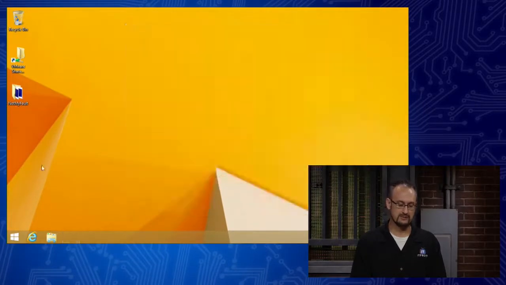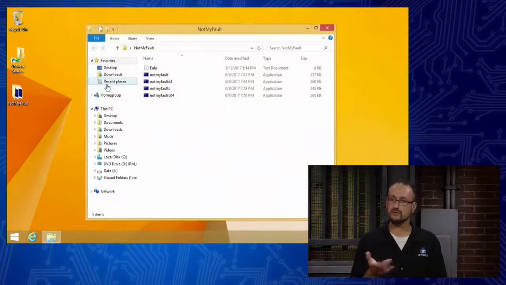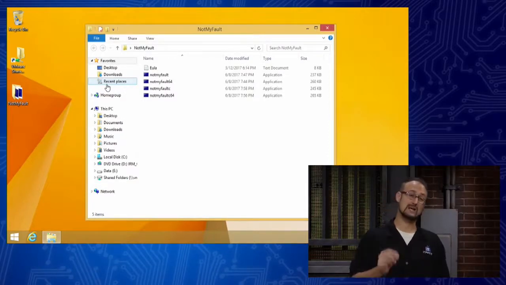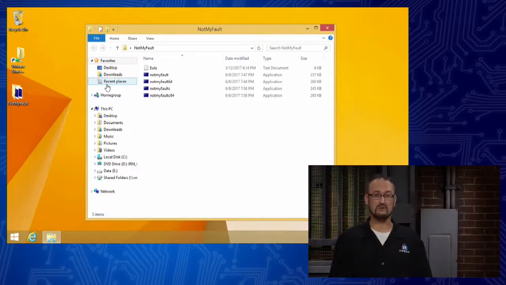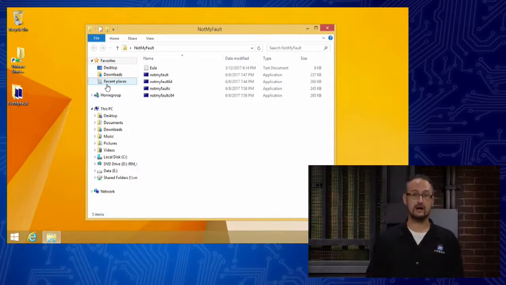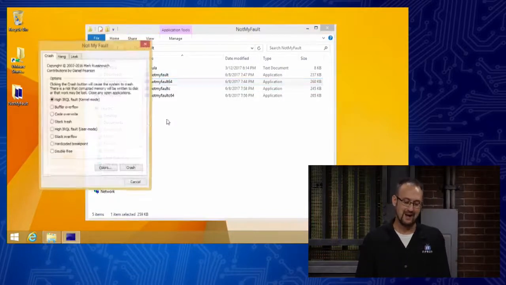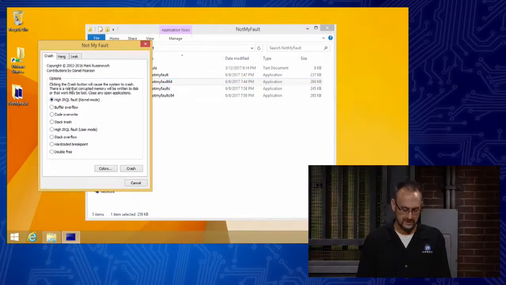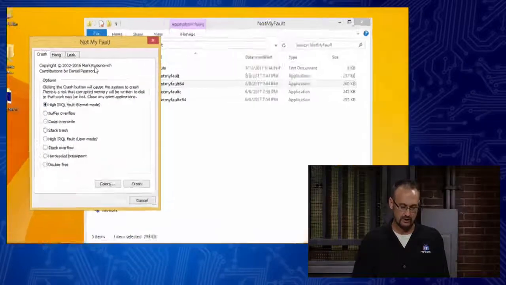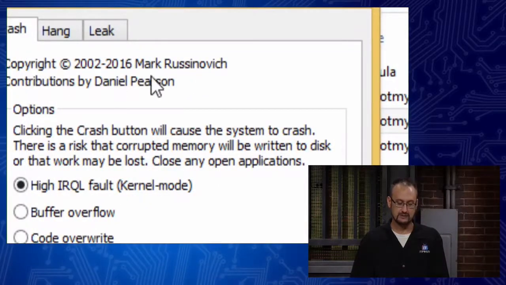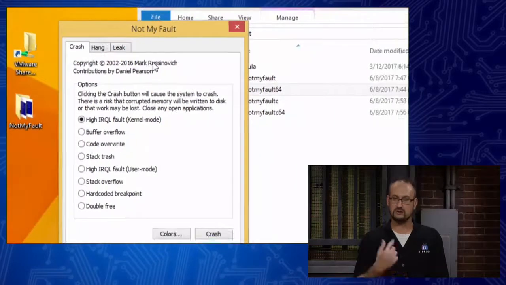Now watch what happens this time. I'm going to go ahead and rerun this. We're going to cause another memory dump. We're going to see if we can break Windows here. This is supposed to happen. I've tried very hard. You guys out there at Microsoft, you're making it very hard for me to do my job. I'm trying to break this operating system, and it just keeps coming back to life. But let's go ahead. We're going to run NotMyFault one more time. Again, from Sysinternals, we have to give Mark credit there. Absolutely great program here, and you can see why we're using it.